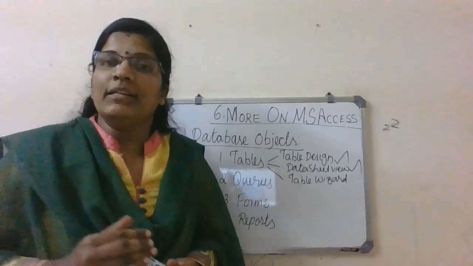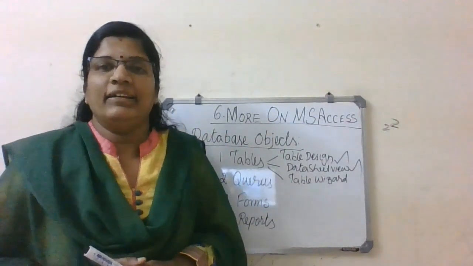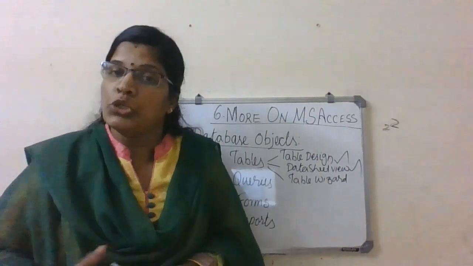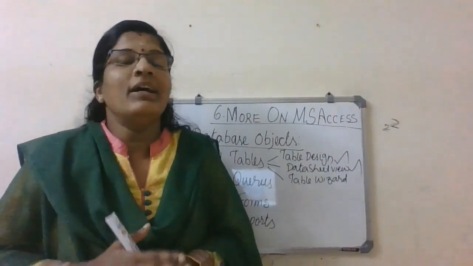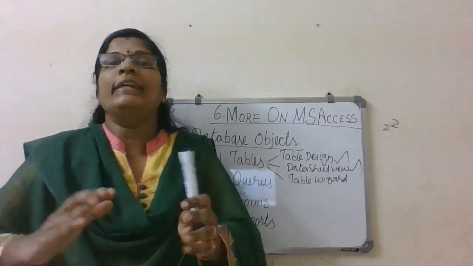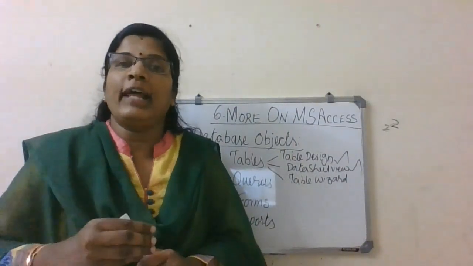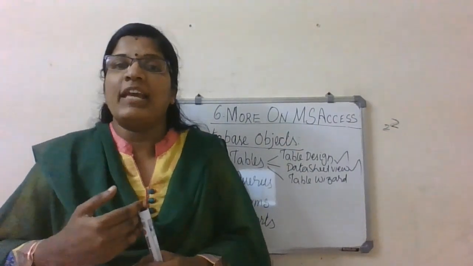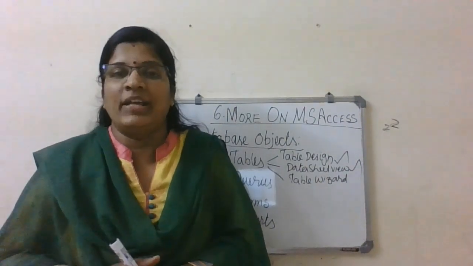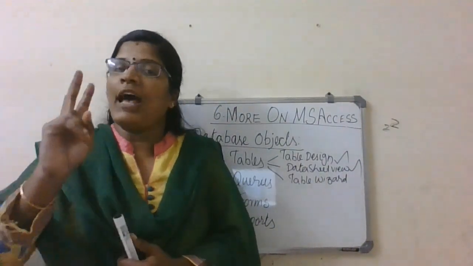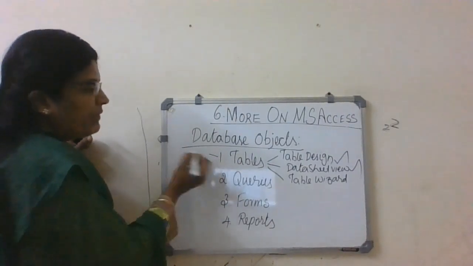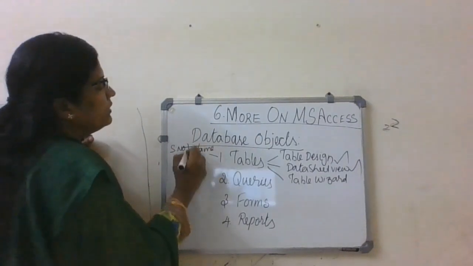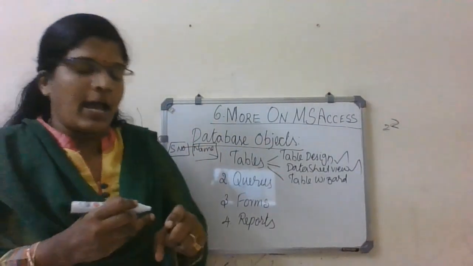And when it is a table, what should come to your mind? If it's a table, you should know what all the fields the table should contain, as well as its data type. What data type does the particular field hold? For example, I'm going to create a table with the serial number and name of the student. So how many fields do I have? I have 2 fields. I'm just giving an example here, serial number and name. So these are the 2 fields I'm going to create.